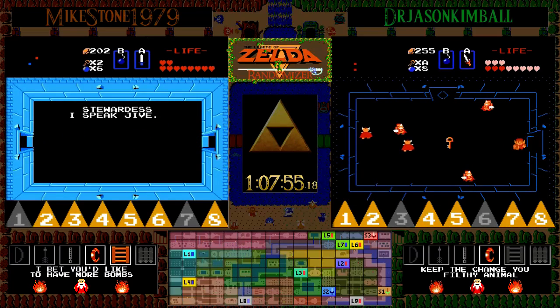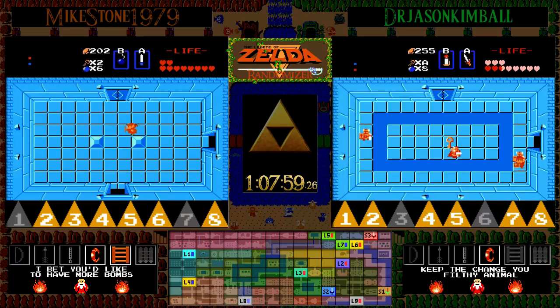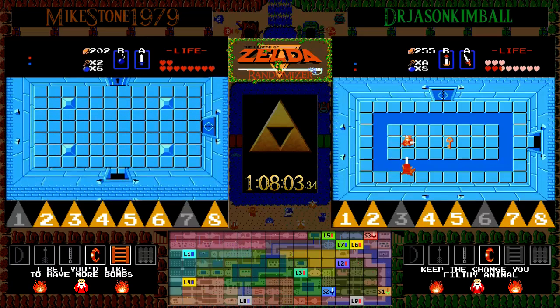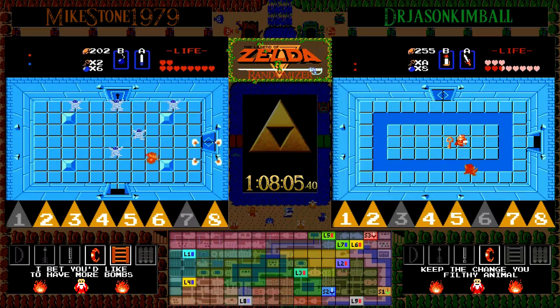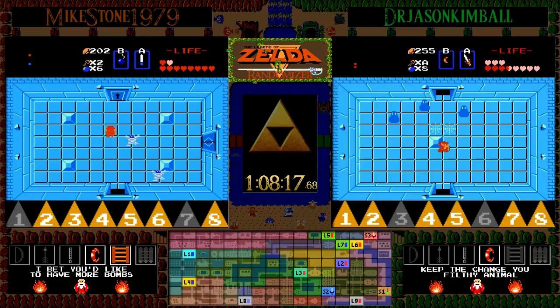Yep, and at this point, there is a fairly good chance, actually, there is a guaranteed chance that we're going back into at least one of the dungeons we've seen on DJK's side of things, either 7 or 8, to pick up something that we're going to quote-unquote need. Because unless the bow is hiding here in 6, then...